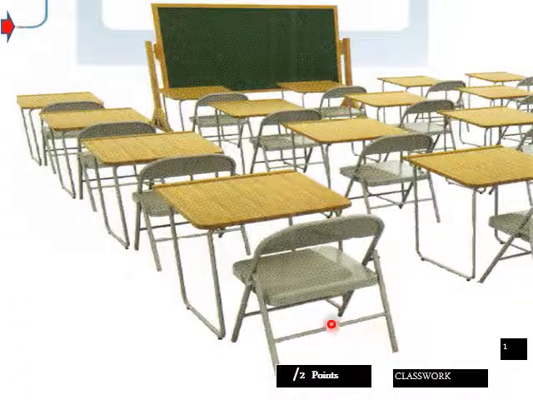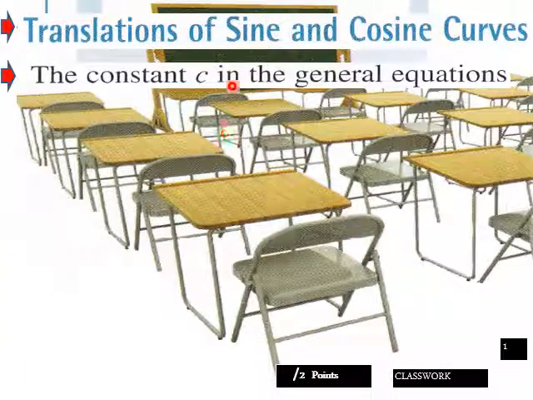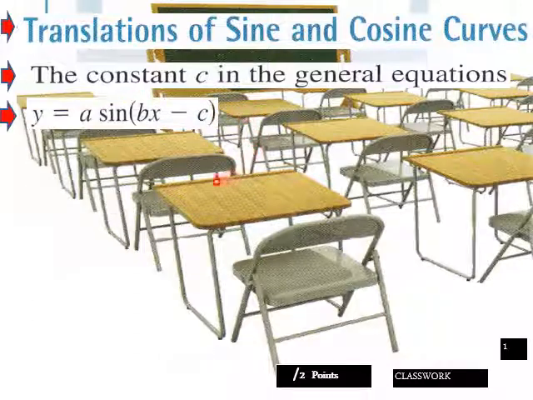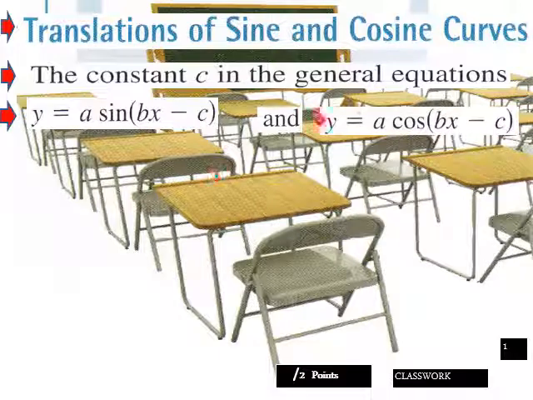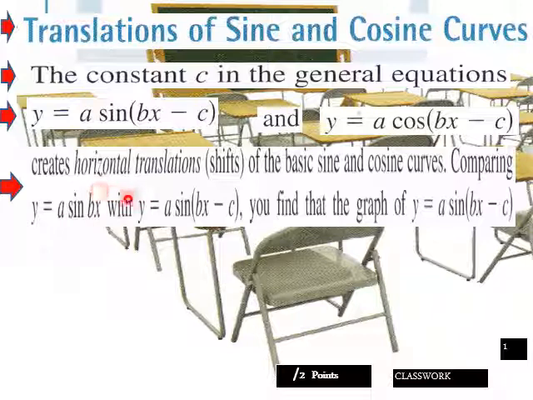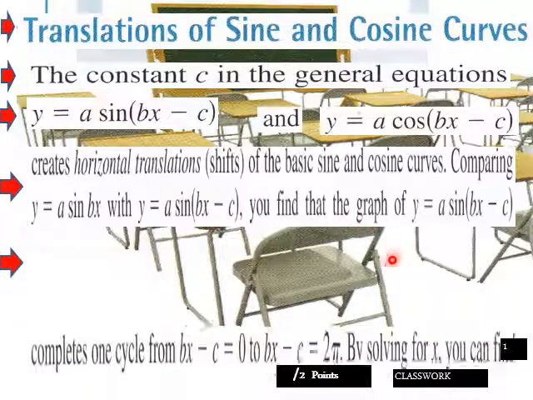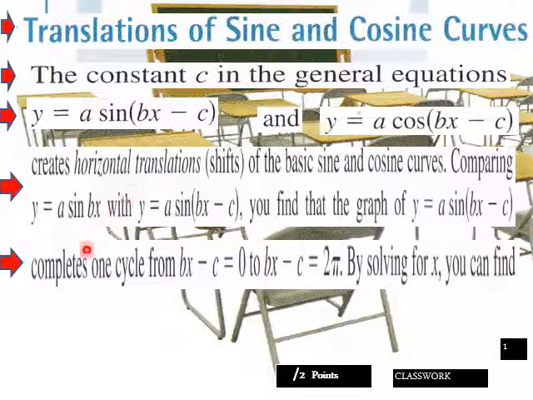Into our lesson. Translations of sine and cosine curves: the constant c in the general equations y equals a sine quantity bx minus c and y equals a cosine quantity bx minus c creates a horizontal translation of the basic sine and cosine curves. Comparing y equals a sine bx with y equals a sine quantity bx minus c, you find that the graph of y equals a sine quantity bx minus c completes one cycle from bx minus c equals 0 to bx minus